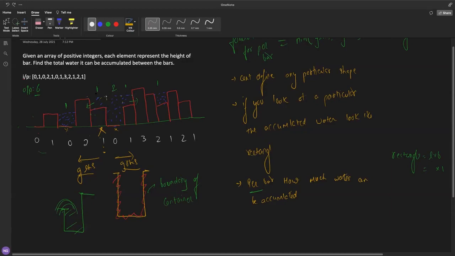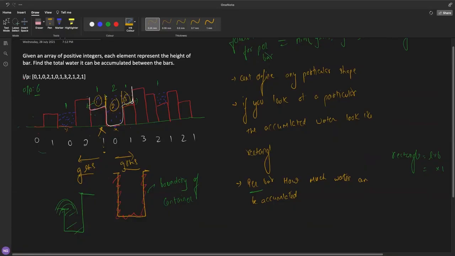What I have done is divide this whole structure into three parts. One is this part, one is this part, another one is this part. So this is the first part, this is the second part, and this is the third part. These parts are nothing but the per bar area, how much water it can hold.